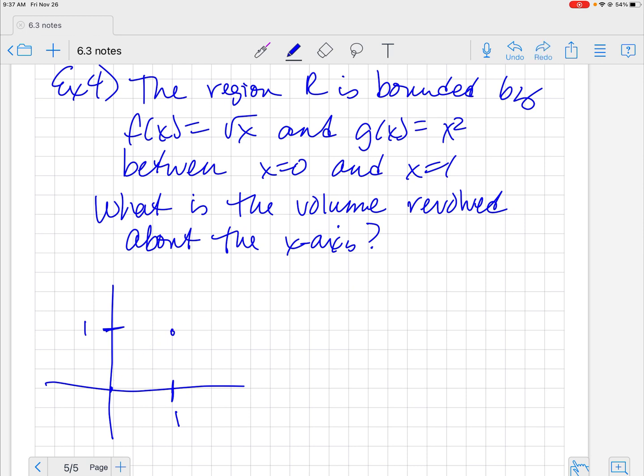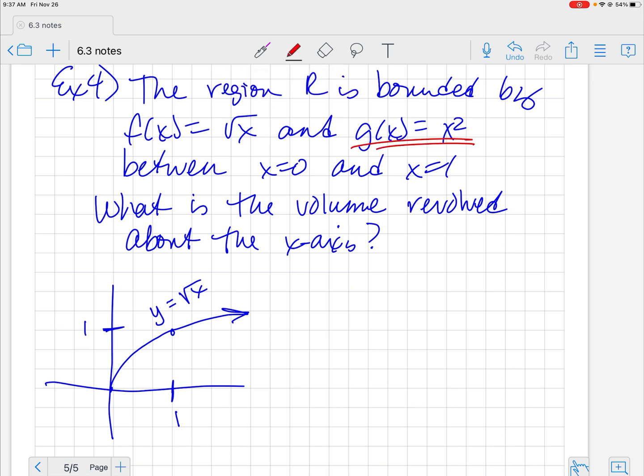Oh, try again. It's more of a curve on that, like that. This is y is equal to the square root of x. I almost put f of x. That wouldn't make any sense. Or f of x is equal to the square root of x, whatever. And then I've got this square root